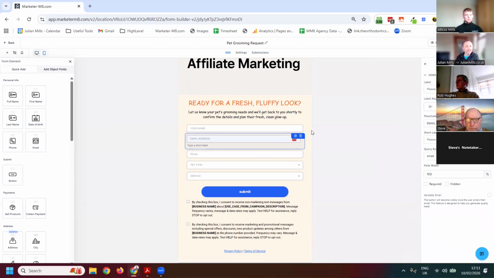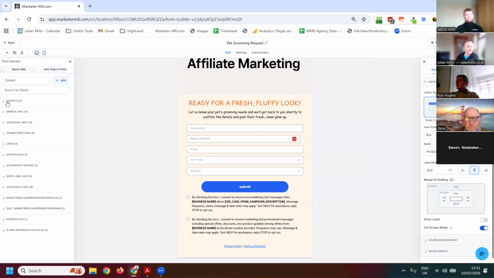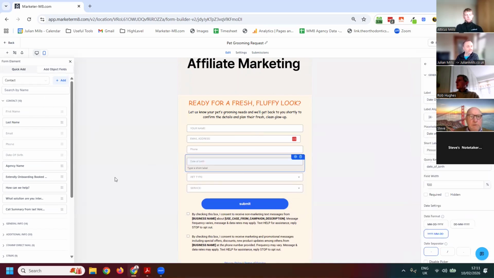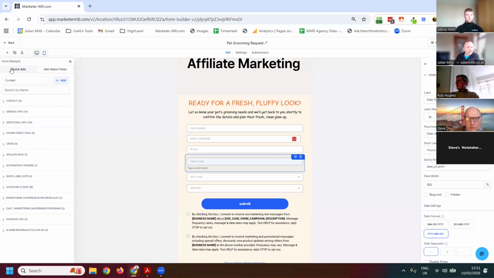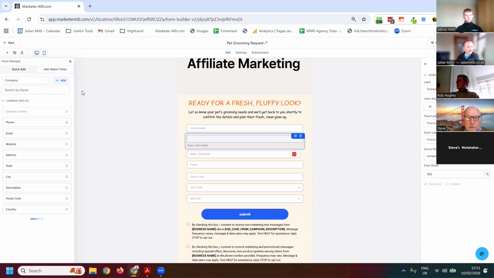Yeah. So one I like, well, we've already got that one here. You can pull in any custom fields you've got. So if you want to capture the date of birth, you can drag that one in like that. And I think we touched on it last week, Steve, where we can also capture data for other object fields. So for instance, here, rather than populating the contact record, which is standard, if we wanted to add a company record as well, we can capture the company name. That's going to create a company and associate it by the name with the contact record,